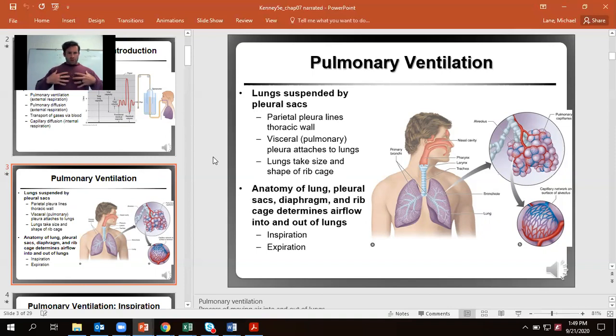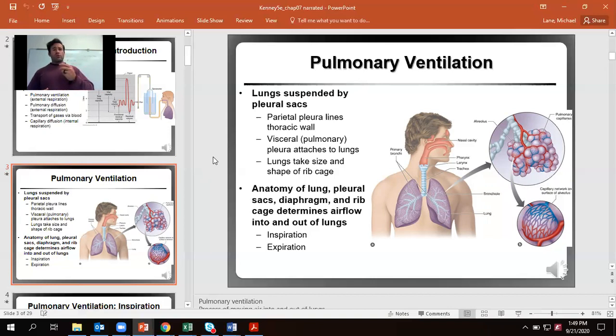Our lungs are just going to take the size and shape of a rib cage, but we're also pulling them down whenever we're inhaling deeply through our diaphragm, which hopefully is how we're doing most of our breathing at rest. Now, this means whenever we want to breathe in, we create a vacuum. We bring the diaphragm down, we expand the rib cage both out and upwards, and then from there, we're going